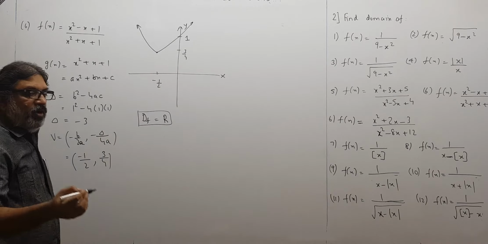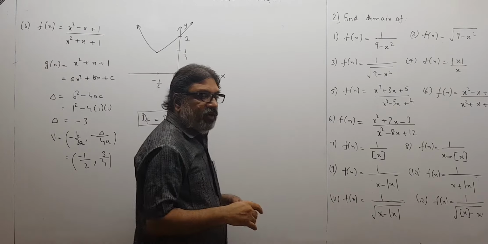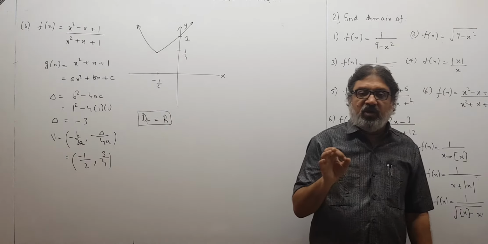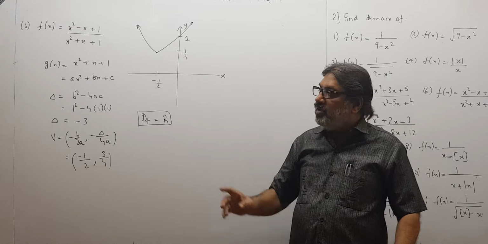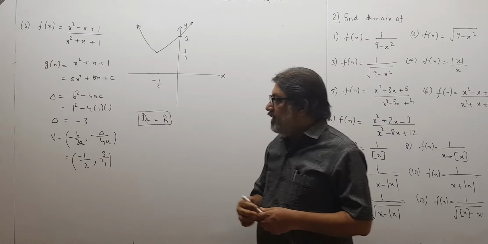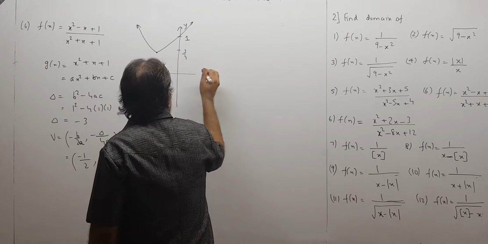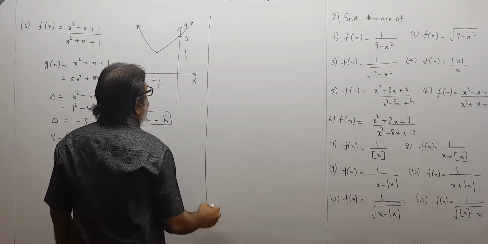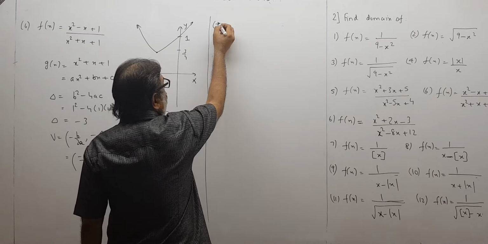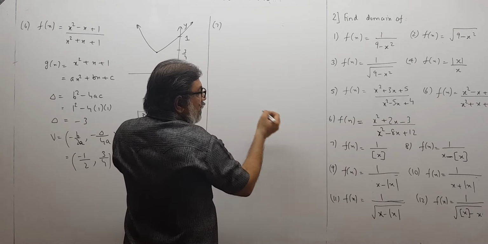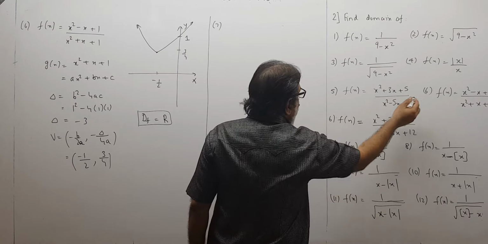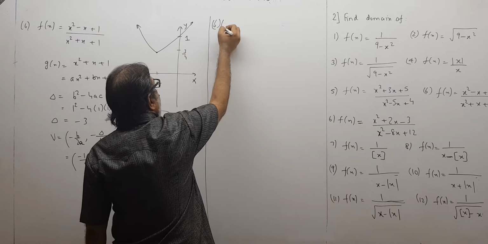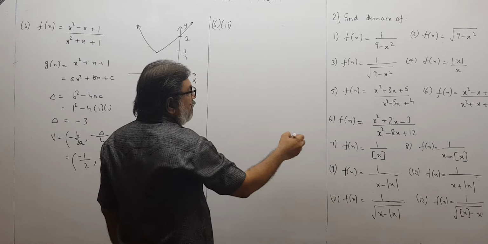If you pick up any value of x, you will definitely get some value of f(x). You will never find that f(x) is becoming undefined because denominator is never going to be 0. You can see from the graph. So whenever factorization is not possible, always try to go for the graph and try to make judgment in case of quadratic equations. Now I am doing the 7th one for you. I think I made a mistake of 5, 6. Okay, I'll do this one. 6th and second part. Okay, numbering mistake anyway.